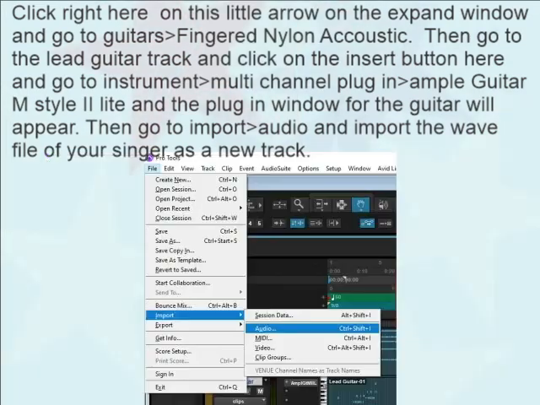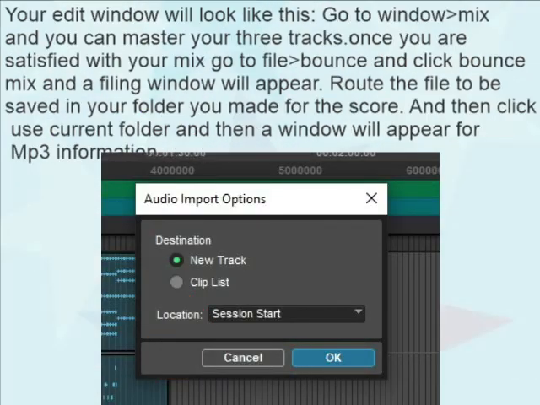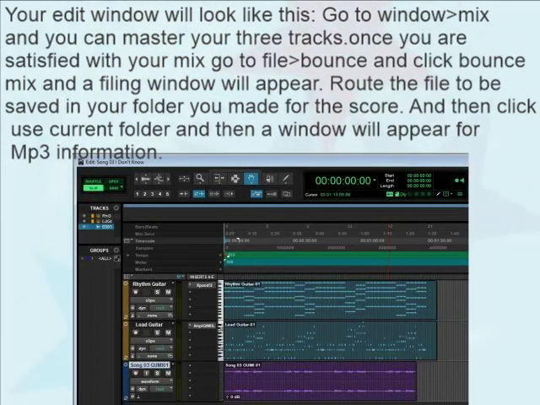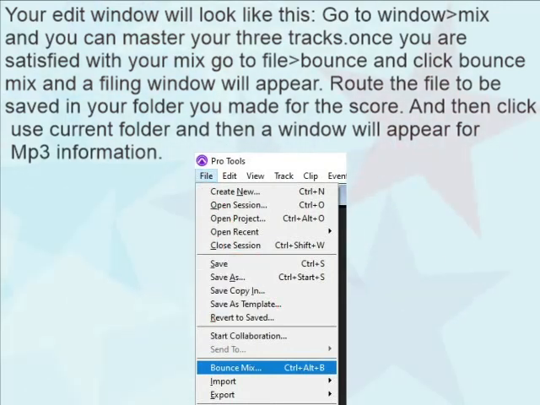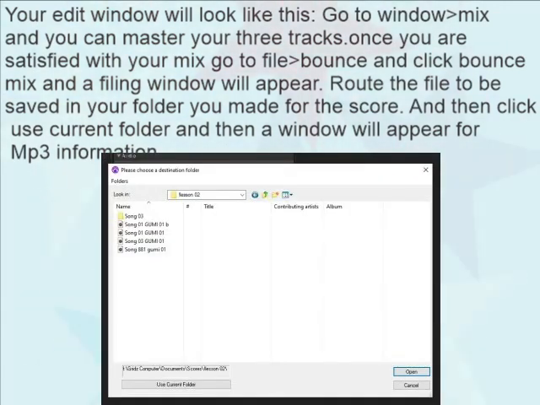Then go to Import Audio and import the WAV file of your singer as a new track. Your edit window will look like this. Go to Window Mix and you can master your 3 tracks. Once you are satisfied with your mix, go to File Bounce, Mix, and a filing window will appear. Route the file to be saved in your folder you made for the score, and then click Use Current Folder,